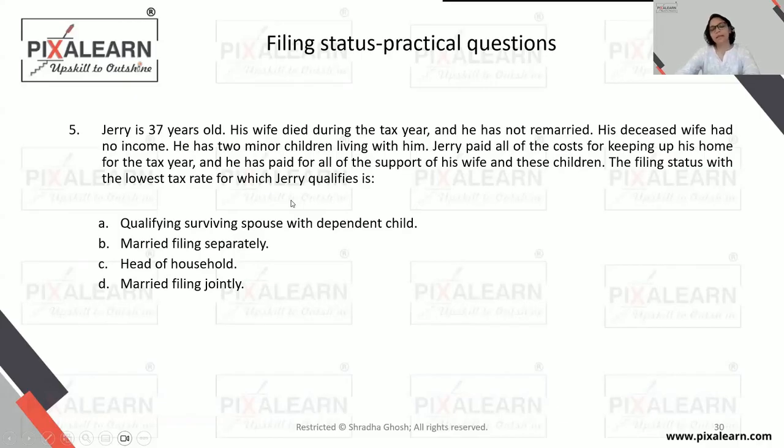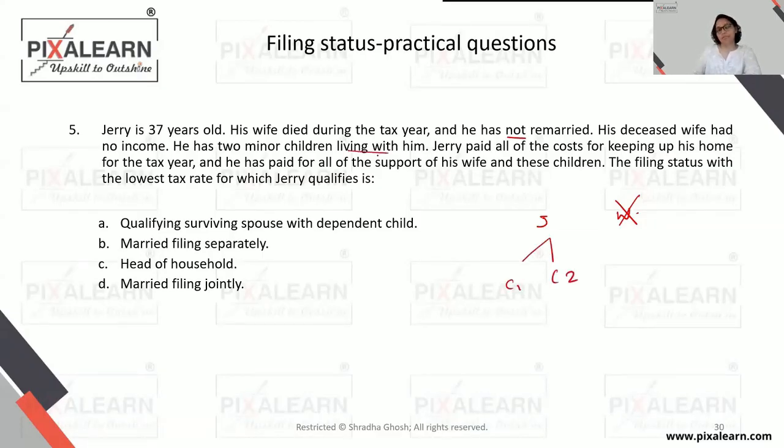to Jerry? Jerry is a 37-year-old person. His wife died during the current year and he has not remarried. His deceased wife had no income. So there is Jerry, there is Jerry's wife, and Jerry's wife is no more. Jerry has 2 minor children, child 1 and child 2,